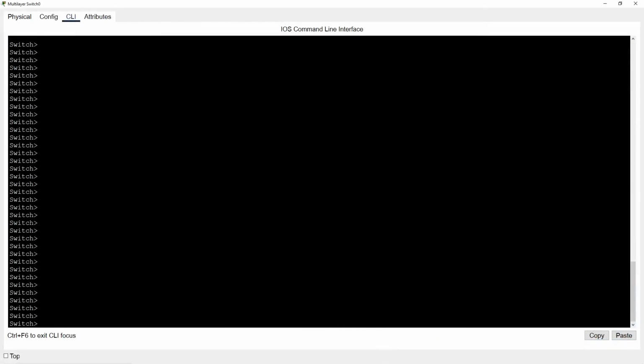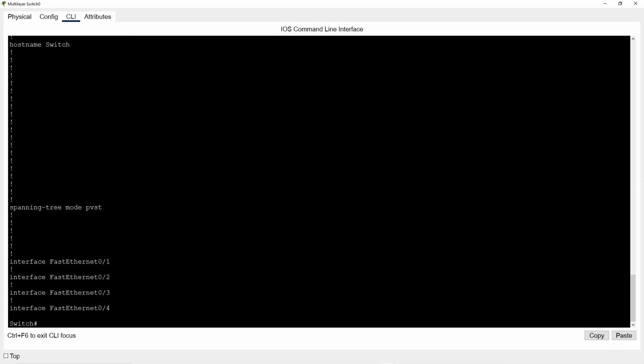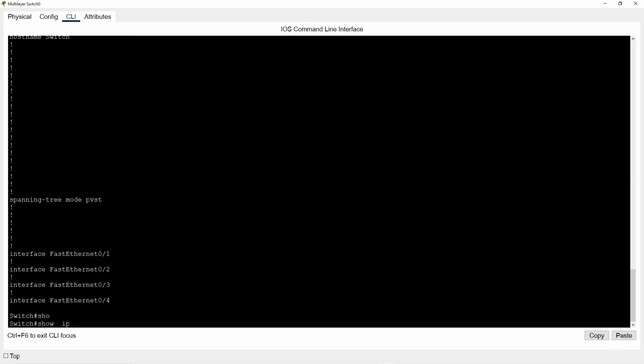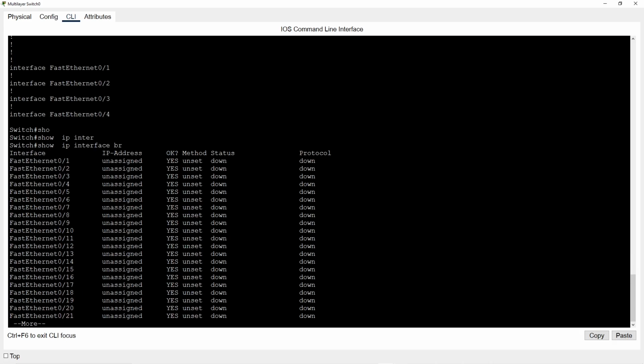So this is a new switch. I'm gonna do those commands in order: enable, show running config, show ip interface brief, show interface status, and show CDP neighbors. After that, we want to monitor the history. So let's go back to my switch here, enable, show running config, show ip interface brief,